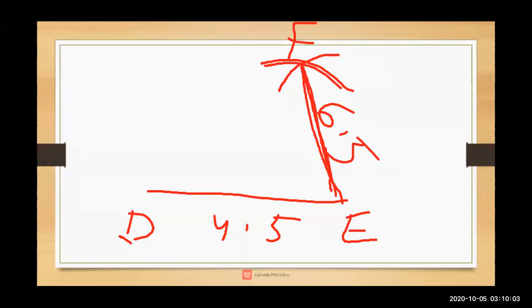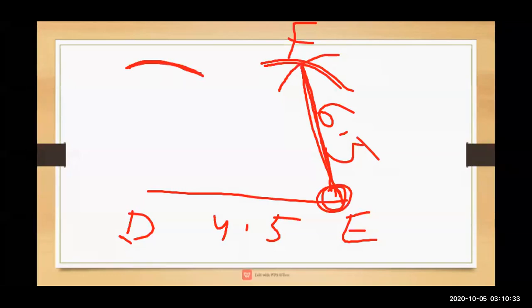You are going to take D as a center and you are going to mark 5.5. Now here, placing it on D, how much do you have to take? 5.5, and here only you are going to mark it. You have to mark 5.5 centimeter. Then same, you have to take E, this E as a center, and you have to take 7.8 centimeter.